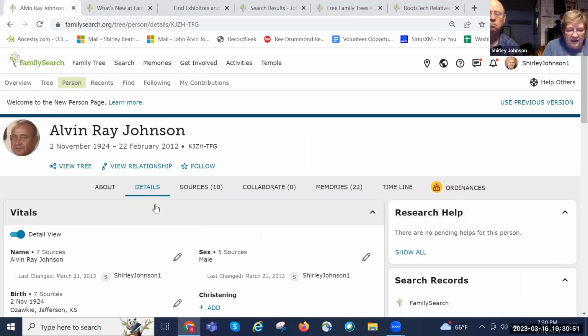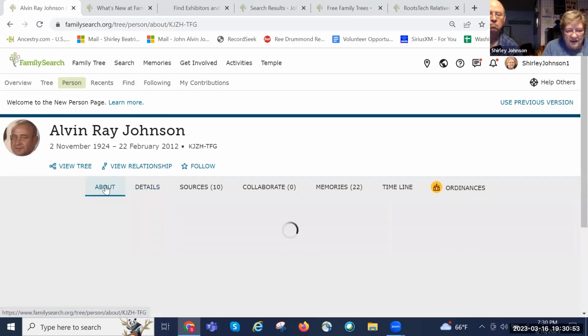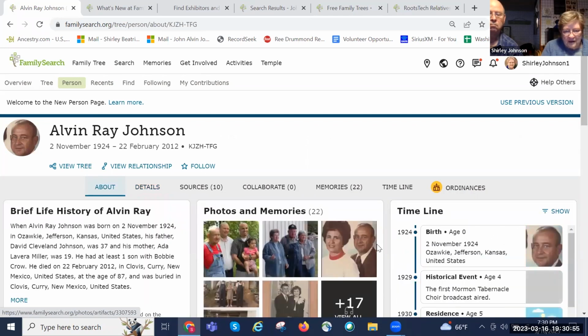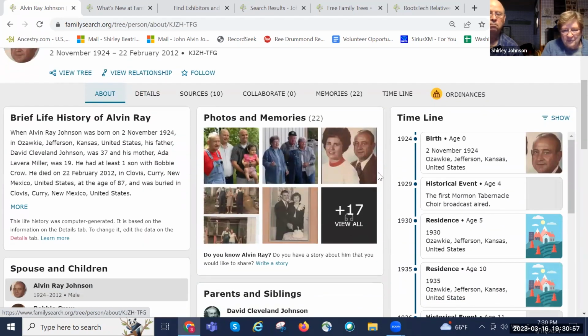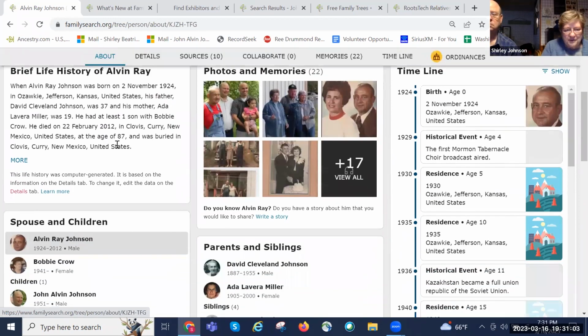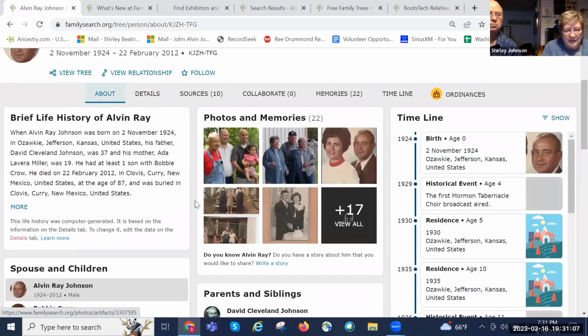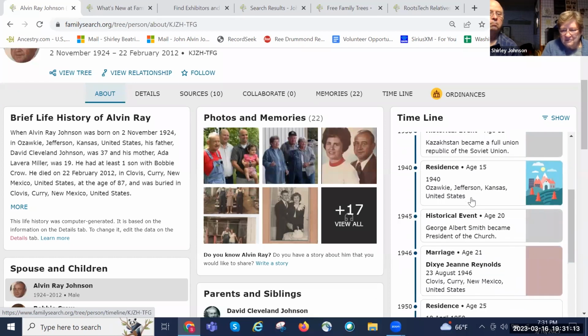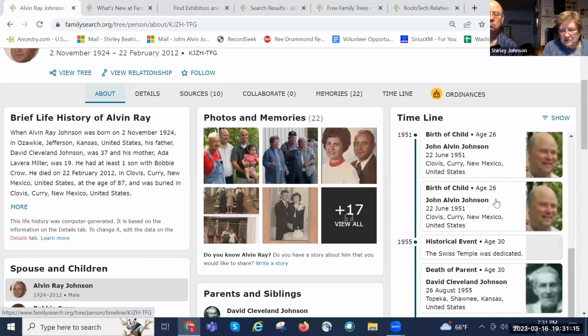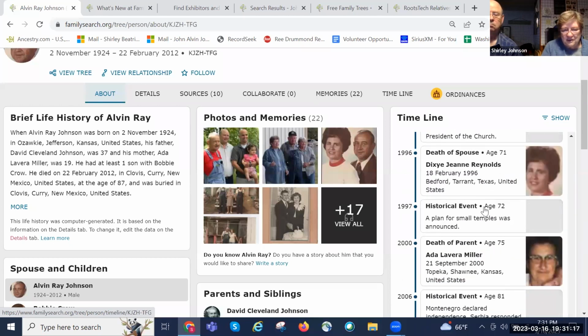Okay, another thing they added is this About page. Have you guys checked that out before? Again, they take the information from your details and everything and put it in story form for you. So here's a brief history of John's dad, and then here's a timeline with some pictures, and then here are pictures from the